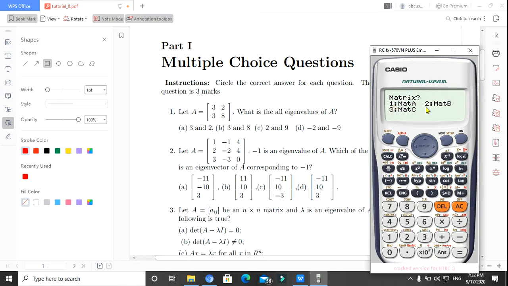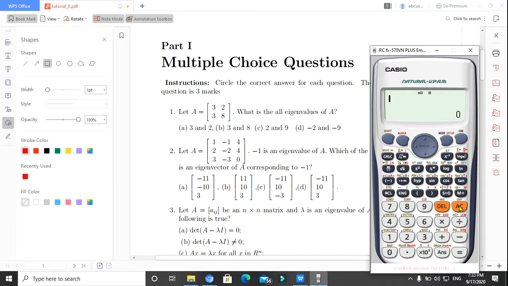Okay, let me take number 2 here, matrix B. I have already used the matrix A, so we have to take the next name. Let me take matrix B, number 2, and this matrix in option A is a 3 cross 1 matrix. Let me take option 3, and enter all the data: -11 equals, and the next entry is -10, and the next entry is 3. Here I have just stored this matrix in the first option on this calculator.